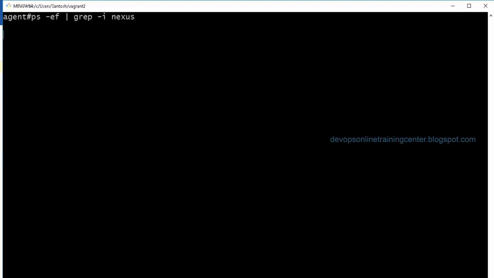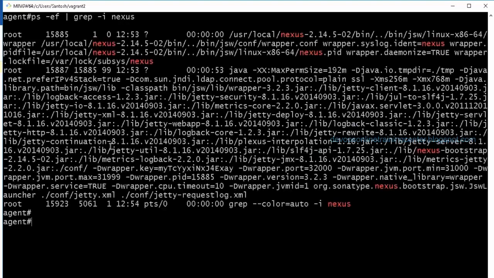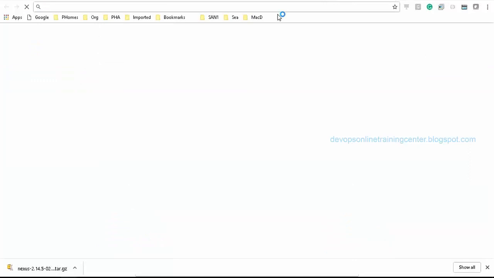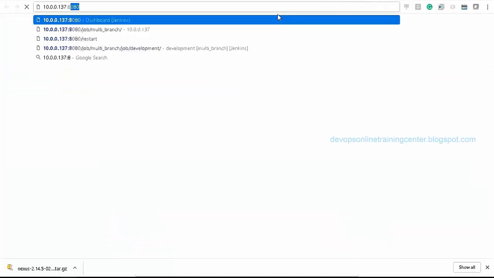So what is the port? I said by default it runs on 8081, right? So let me try to access Nexus using this IP. So I'll go here and colon 8081.